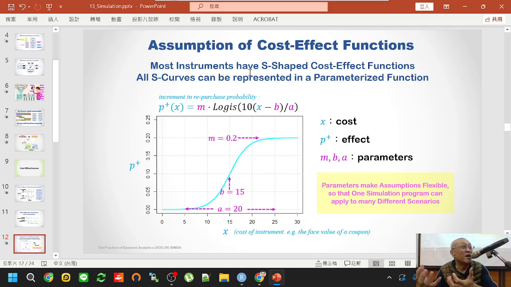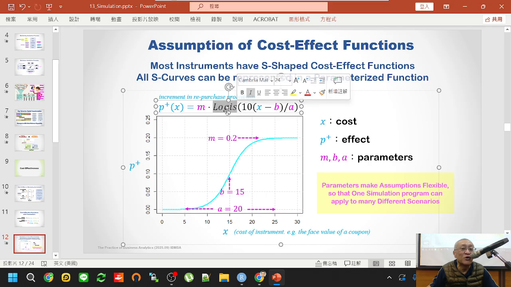No matter which instrument you are using, the more cost you spend on that promotion, the more effect it will have. But the relationship is not linear. It's an S-shaped type of function. In R we actually have a function called logistic, and in this mathematical form,